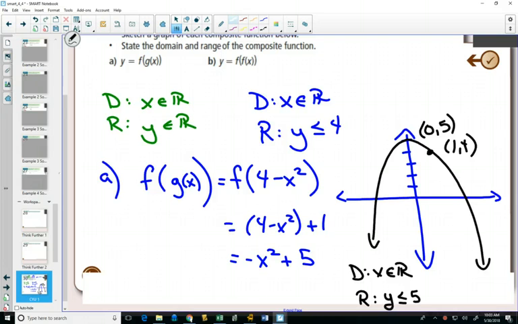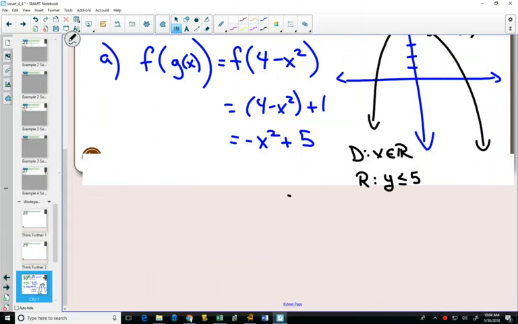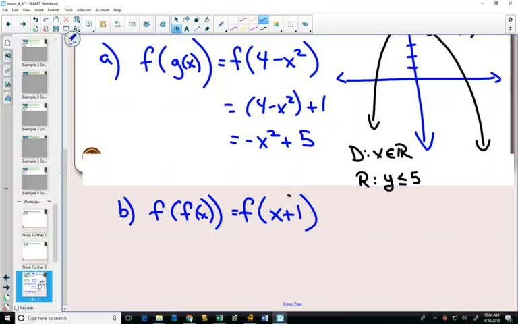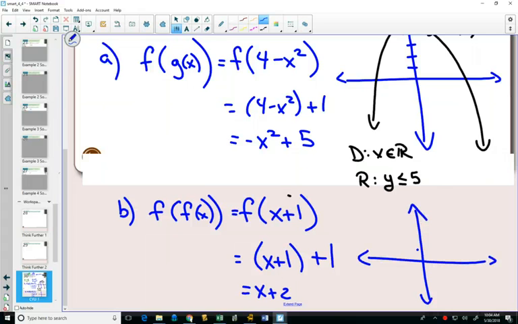For B, we want to find f of f of x. So the inside function first is f of x. f of x is whatever you put in. I'm putting in an x, add 1 to it. And then f of x plus 1 says now we're going to put an x plus 1 in, and we'll need to add 1 to it. So simplifying that, this equation just becomes x plus 2,